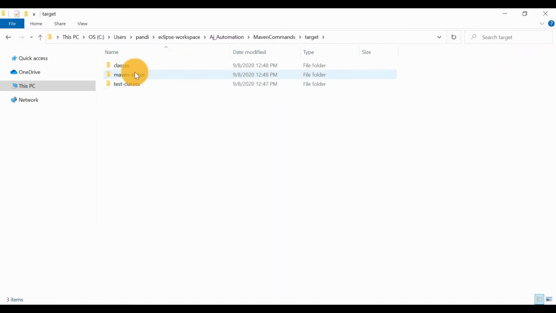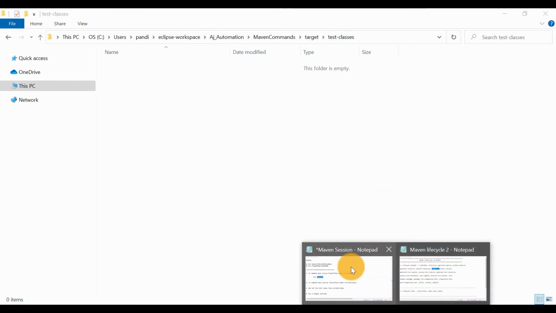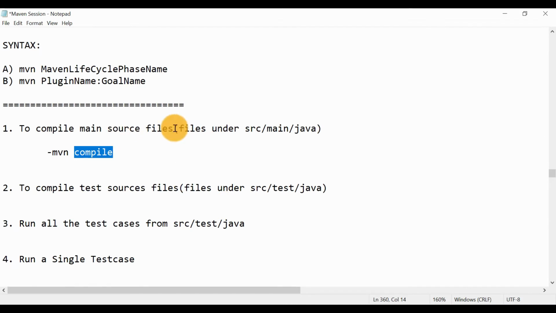Under the target folder there will be a classes folder, and under this classes folder, according to your packages, the .class files will be saved. Okay, page 1, page 2, and utilities we have 2 classes. Okay, so this command only compiles the java files under the src main java. Okay, so there is nothing in this folder. Okay, these are the test classes, so that command only compiles the source files under the src main java.